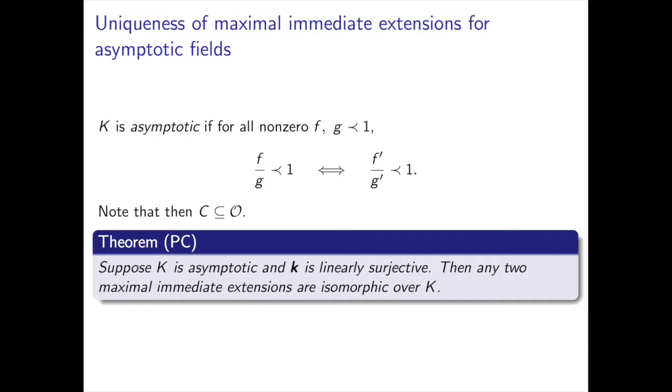I guess I didn't emphasize, what are the cases considered before? By we, I'm not sure who I mean, I guess me, my advisor, his colleagues, and some other people, are more interested in the asymptotic setting. Somehow the earlier case that I mentioned, monotone, is relatively well understood model theoretically. There's a much stronger interaction between the valuation and the derivation, but it has much less to do with Transseries and Hardy fields. So asymptotic is the setting that we're most interested in, and in some sense it's orthogonal to the earlier settings considered. Go back to the previous slide. Yeah.